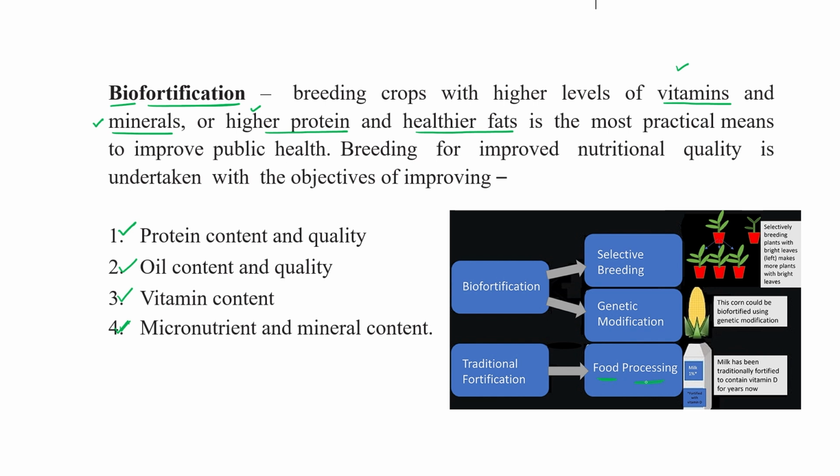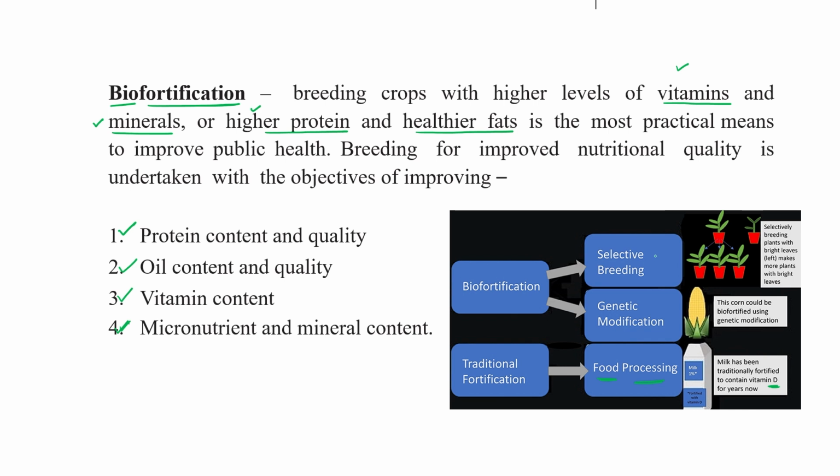Traditionally we can improve the vitamin content inside a particular type of food, like milk has been traditionally fortified to contain vitamin D for years now. But in biofortification we have to choose